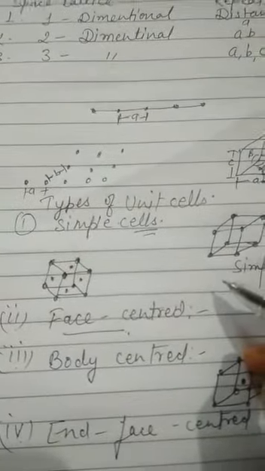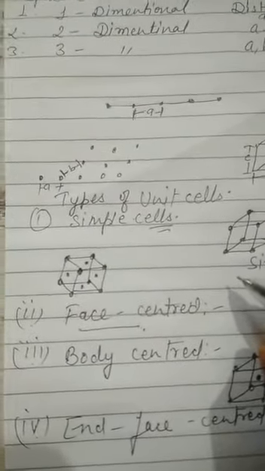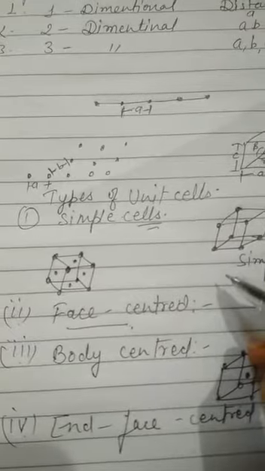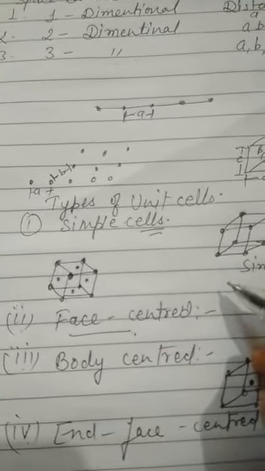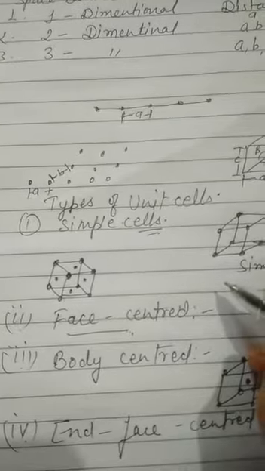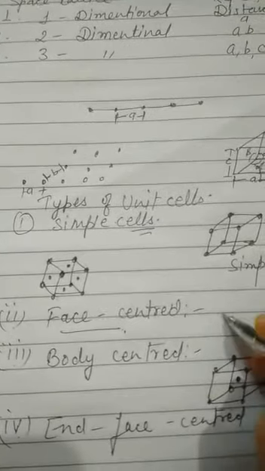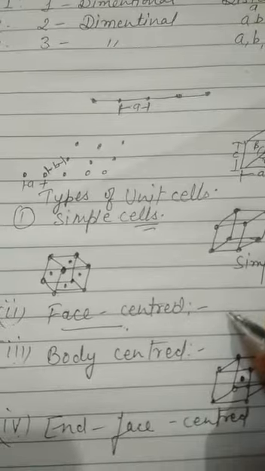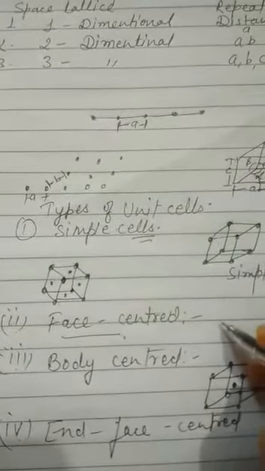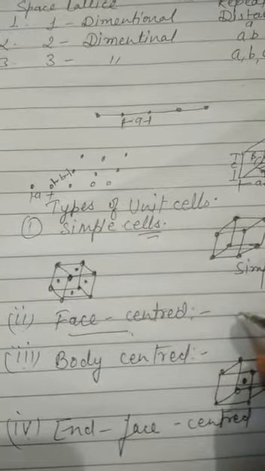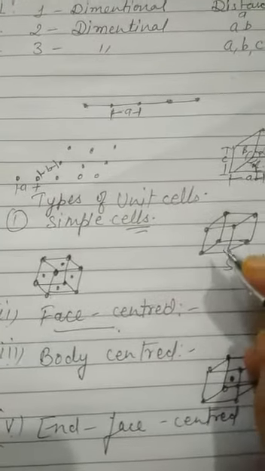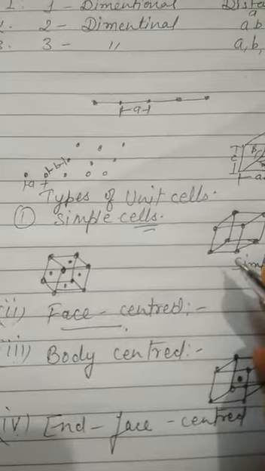We can say that the smallest repeating pattern from which the lattice is built is known as the unit cell. The unit cells are repeated over and over again in three dimensions and result in the whole space lattice of the crystal. Thus, the unit cell is the smallest sample that represents the picture of the entire crystal. The crystal may therefore be considered to consist of an infinite number of unit cells.